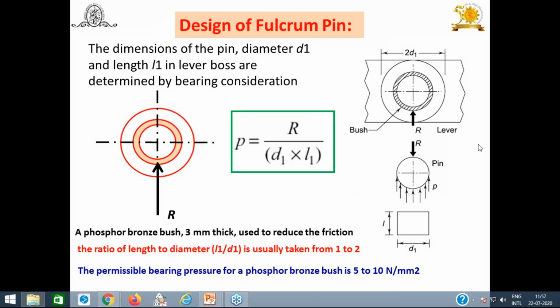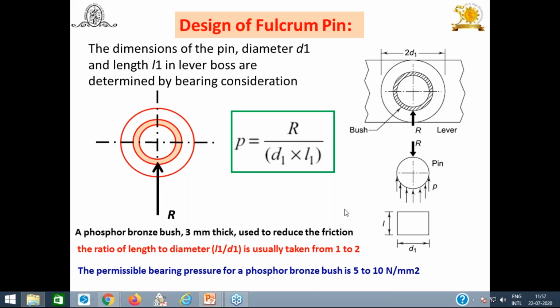This is about the design of the lever. So I would like to recap within 1 minute, since 2 minutes are remaining. How to design the lever? First of all, carry out the force analysis. The effort may be given, or the output force may be given to actuate that system. Based on that, taking the moment of the forces and the summation of the forces, you can find out the forces. Sometimes these forces may be inclined, so you have to resolve them into the vertical and horizontal planes. That means force analysis is step number one.